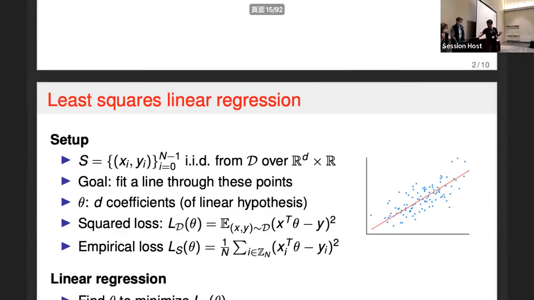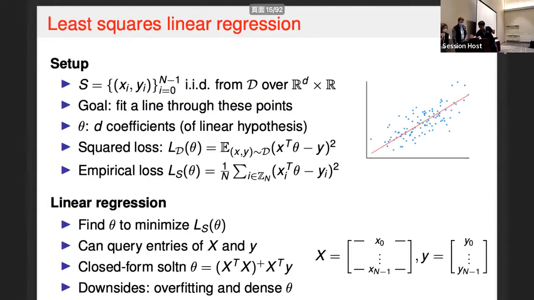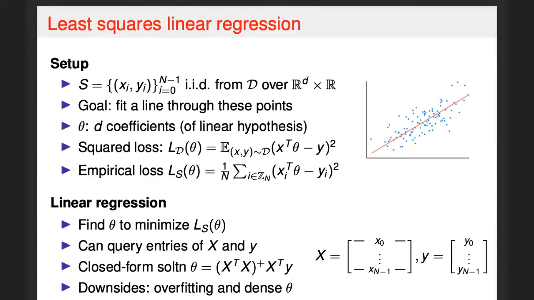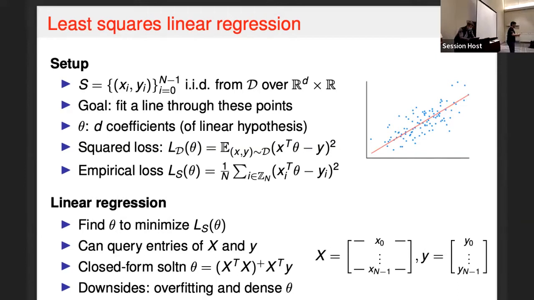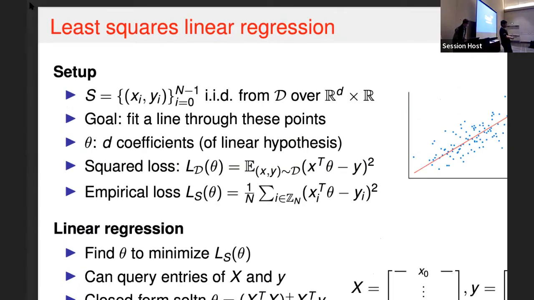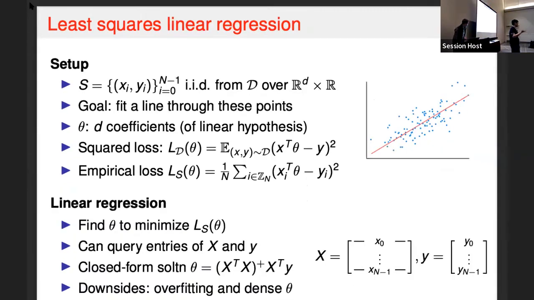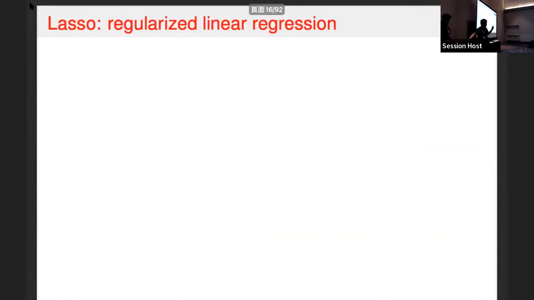That is, your answer might be overfitting and even very dense, even if only a few entries of your x_i affect your label outcome y_i. So how can we solve this type of problem? In the machine learning field, people find you can solve this problem by adding some more constraints or, equivalently, regularization.